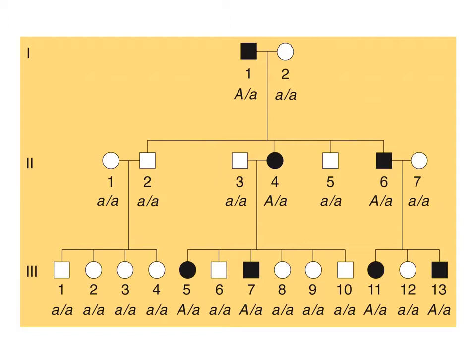So we can assign genotypes to everybody in this pedigree pretty easily. A person that does not show the trait is little a, little a. A person that does show it is big A, little a. Okay,